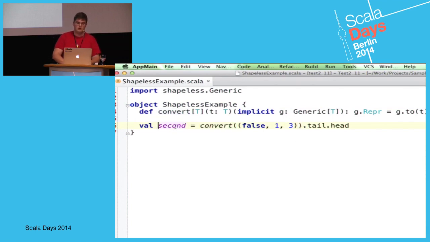Right now the type works. You can see that the type of this second value is Int. And if I change this Int into String, you can see that it is String. So everything works as expected. I'm planning to work on macro expansion during implicit search, and I think that probably the next release or one more will contain support for the Shapeless library.